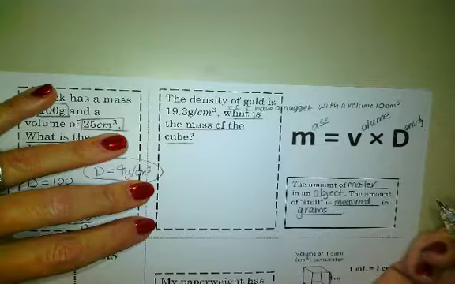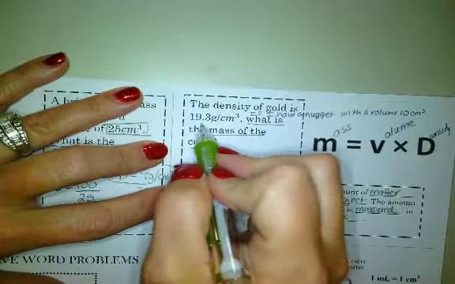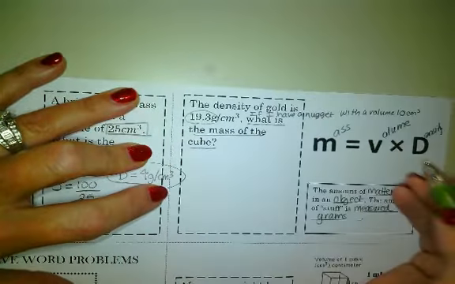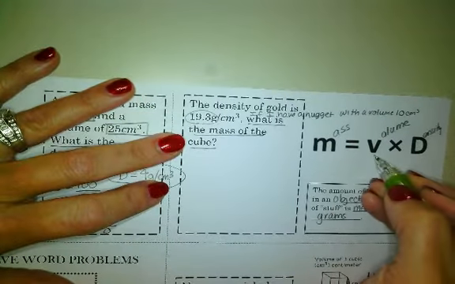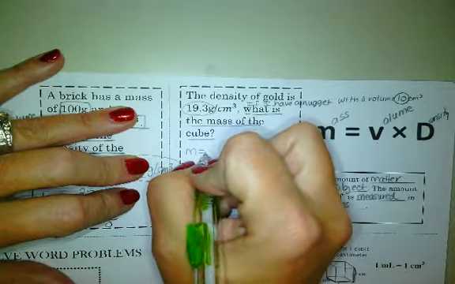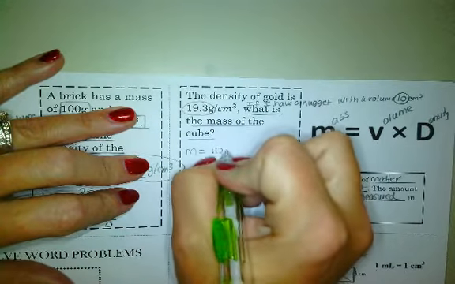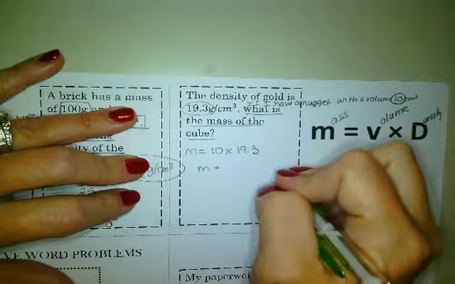And we're going to circle or box what we think is keywords or numbers. Well, in this case, numbers. So for our formula, we need volume and density. So the density is 19.3, and the volume is, of course, 10. So if we come down here, we're going to do mass equals, well, the volume is 10 times the density, which is 19.3, and if we multiply that,